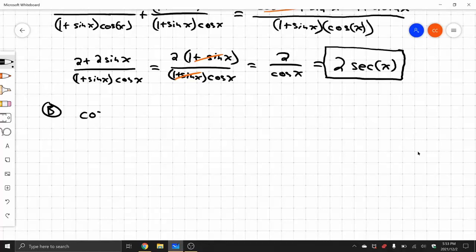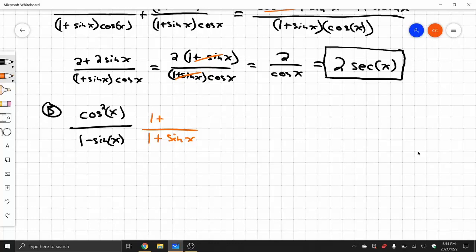So if I have cosine squared x over 1 minus sine of x, what's the conjugate of my denominator? The conjugate is going to be 1 plus sine of x. Okay, and if I multiply the bottom, we know that I have to multiply the top. So I'm multiplying by this term here, based off of my conjugate of my denominator. And when I do that,